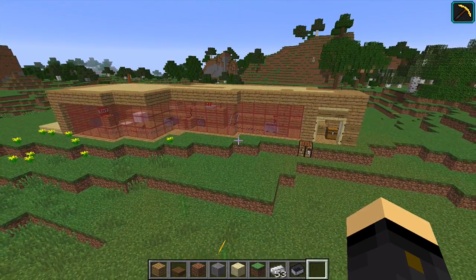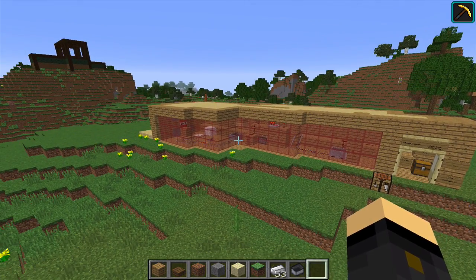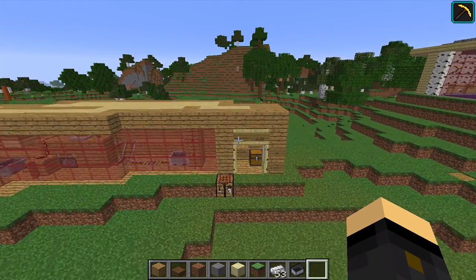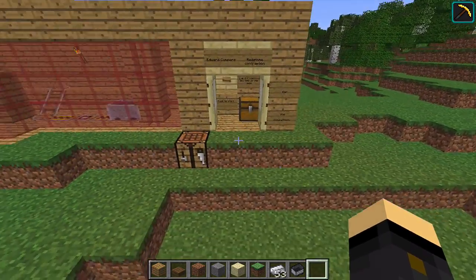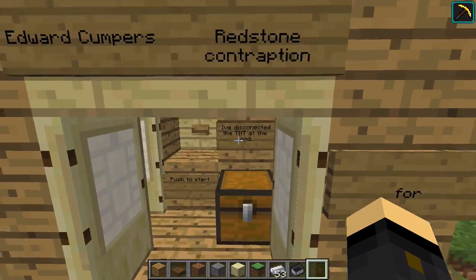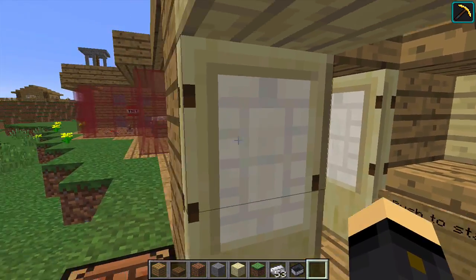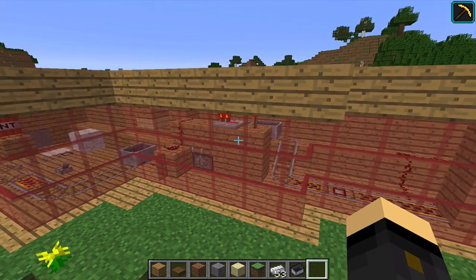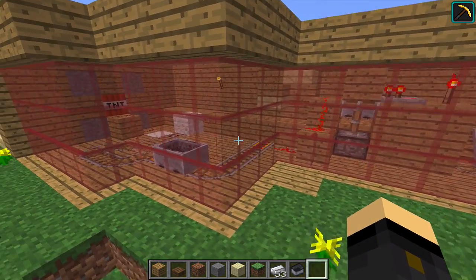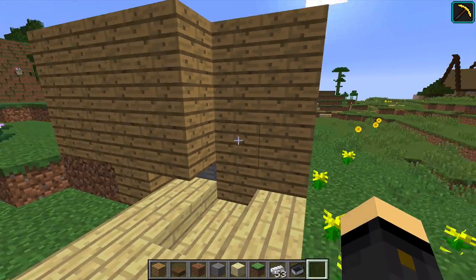Alright guys, so this is Edward's redstone contraption. I had to reset it, and that will become apparent in just a moment. So that's why I basically just did a cut there, because otherwise I would have given the game away as to what was going to happen. But as you can see here, he said I've disconnected the TNT at the end because he is a very kind fellow. But essentially what happens is you push this button, that cart goes off there, it powers that piston, which powers that cart, which goes off down there, and would normally set off the TNT and blow things up,